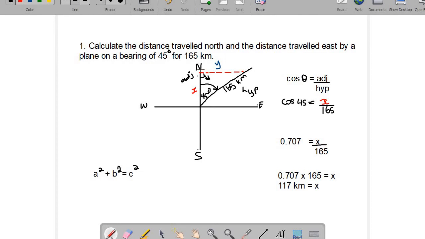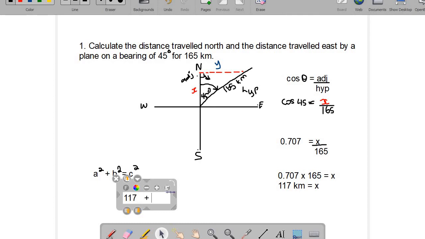Okay, so I know that the two shorter sides would have been x and y, and we know that our hypotenuse is 165. So I'm going to go ahead and put that there. So that means x, we found x to be 117. It doesn't matter which one you call A and B, you just know that it is going to be the two shorter sides. The sum of the squares of the two shorter sides is equal to the square of the hypotenuse. So I'm going to go ahead and add up x squared, so that would be 117 squared,